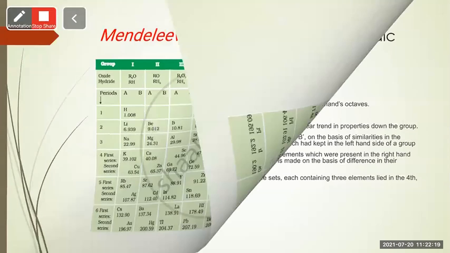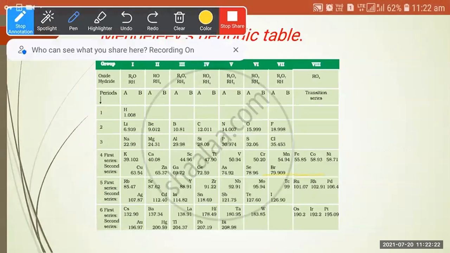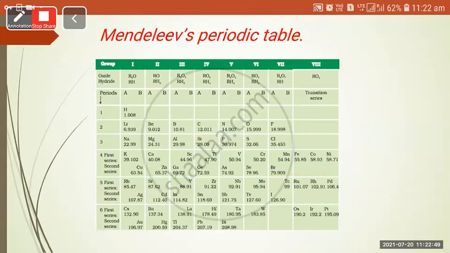Suppose we consider that a separate table can be made for the noble gases. He made a separate table for the noble gases. Now you can see that the noble gases did not interfere with this table. There was no interference of this separate table with Mendeleev's table, and the other elements were also not disturbed by this. And he called that the zero group, without disturbing the original periodic table, in which the noble gases were fitted very well.